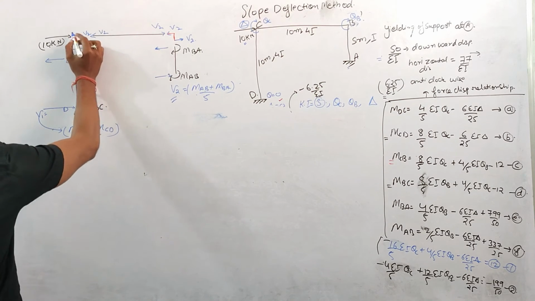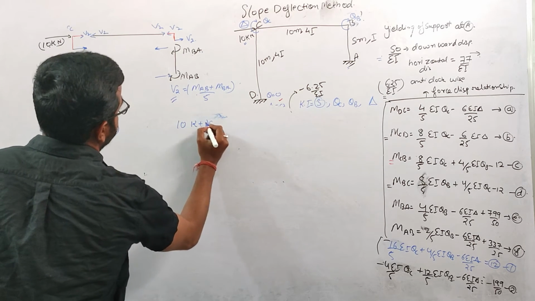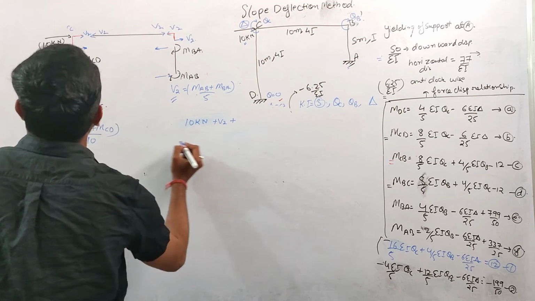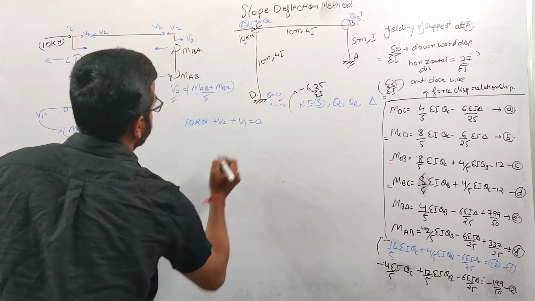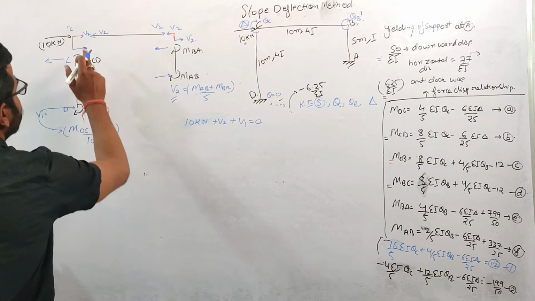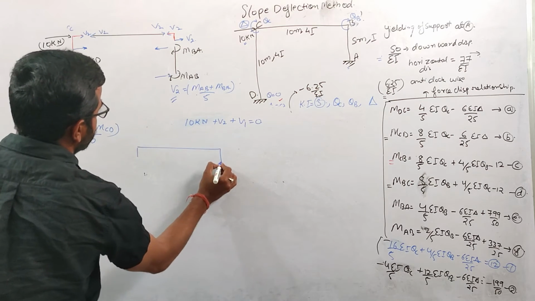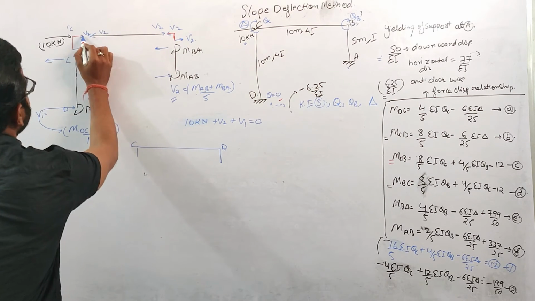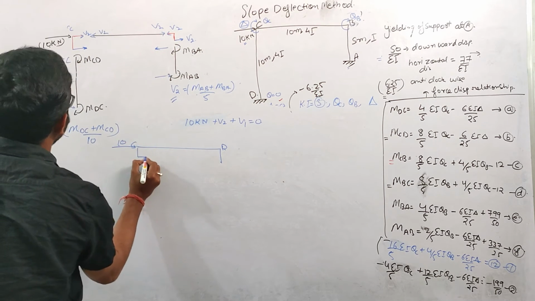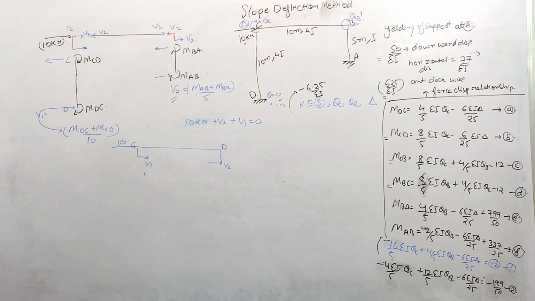Okay. And if you write the equation at this C point for the equilibrium in horizontal direction, I can write the equation 10 kilonewton plus V2 plus this V1 equals 0. In books, they will join these two cuts and consider the equilibrium of this portion. Even if you join these cuts, these V2 will cancel out each other. So net force will look like this: there will be V1 and there will be V2. So you can use this concept also.